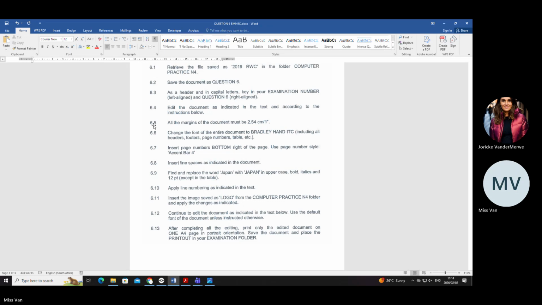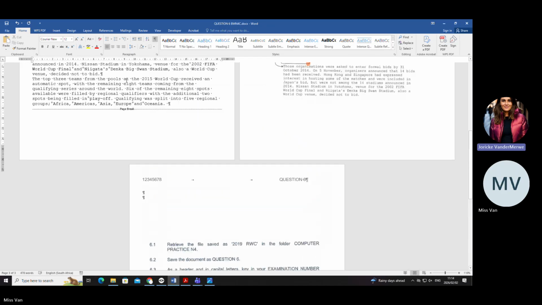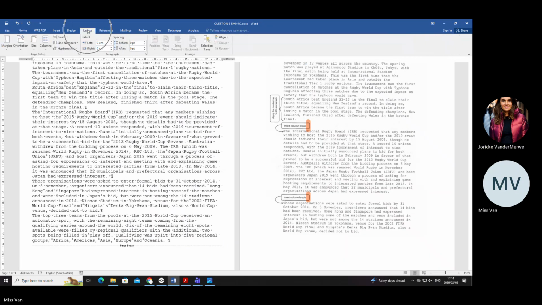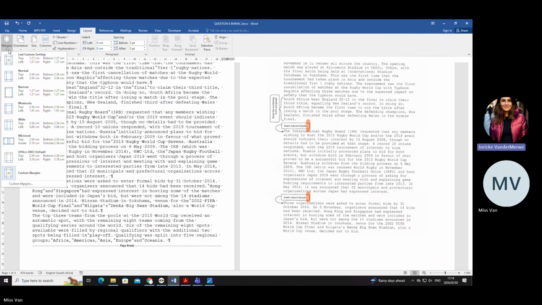Because you are clicking a function that includes all of the document, you don't have to use Control A, zonke, all of them. But you need to know where to go. So you're going to go to layout. You're going to choose margins.